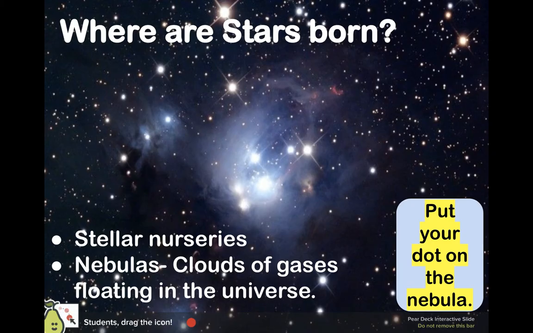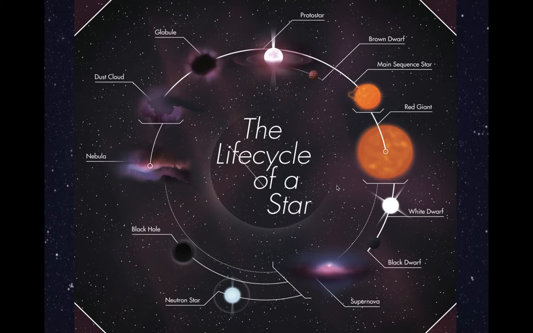They're born in something called a nebula. A nebula is gas and dust in space, kind of like a cloud or a big cloud of smog in space. You can see the nebula here, and that's where stars are born. They're born and they go through this life cycle. Now, they start to get bigger, and our star's life stage is kind of over here.